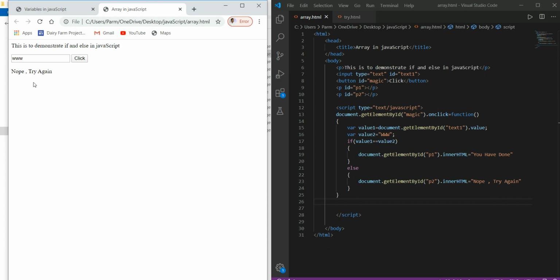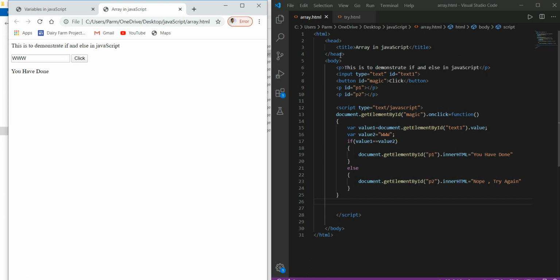It's again displaying that value, so it's not comparing the values. So here we will go with capital WWW. We refresh it again, and this time we enter capital WWW, and check. Yeah, it said you have done.